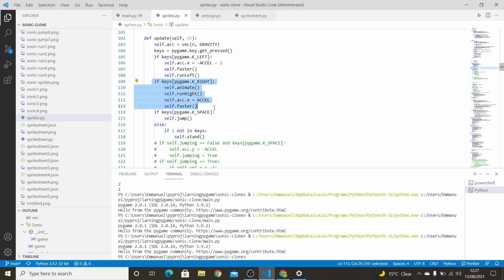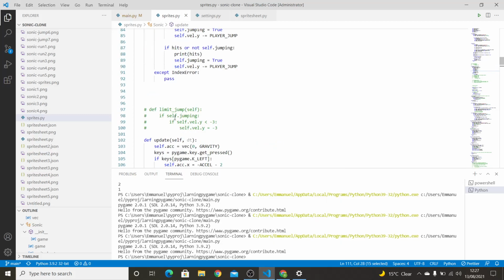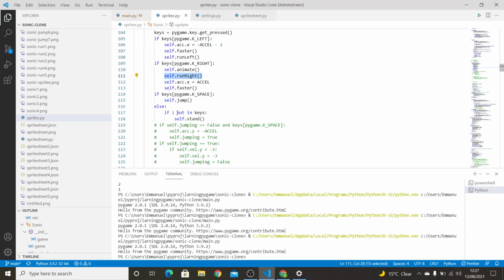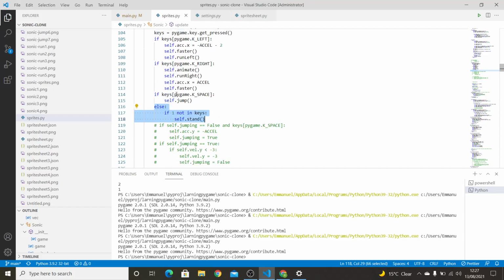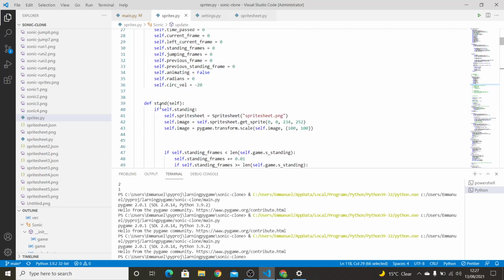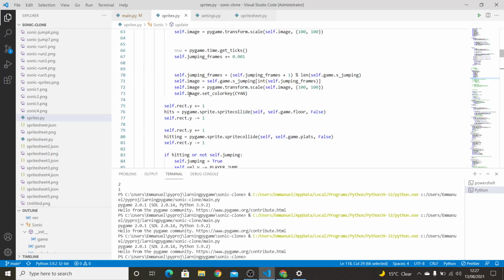And this is to move right, and it's basically just the animation, right? This self-animate is the function that takes care of animating. This is the run right function. And I'm exhausted. This is obviously jumping, and this is to make sure that if there's no keys being pressed, then the standing animation should happen, because all of those values are here, basically,